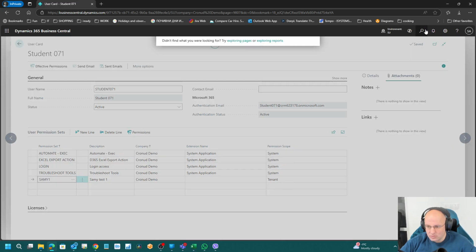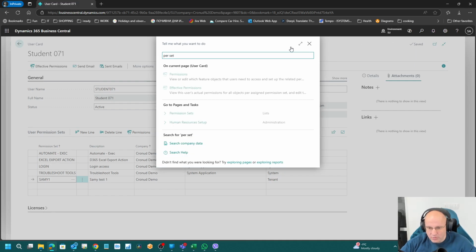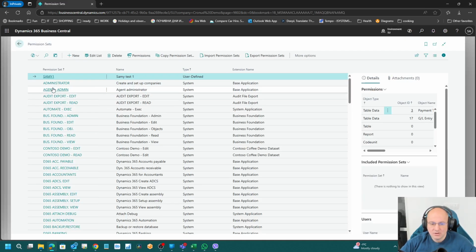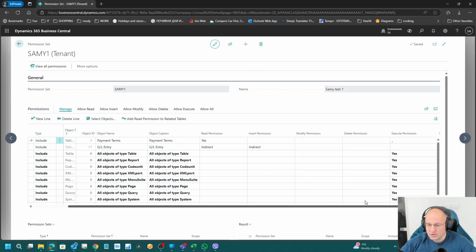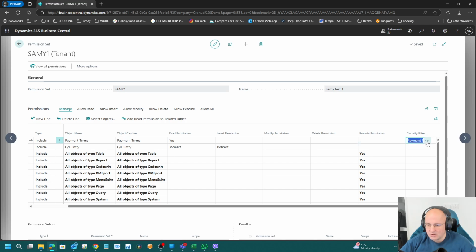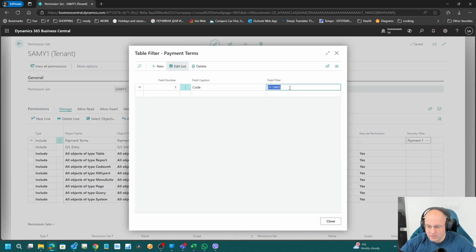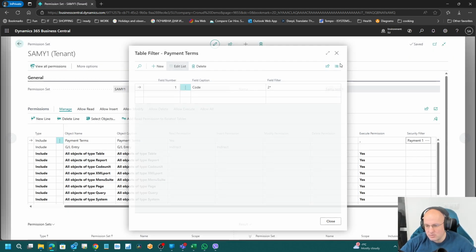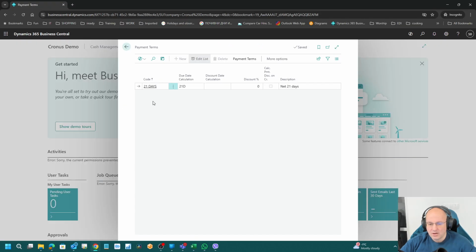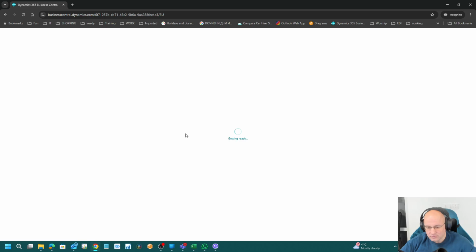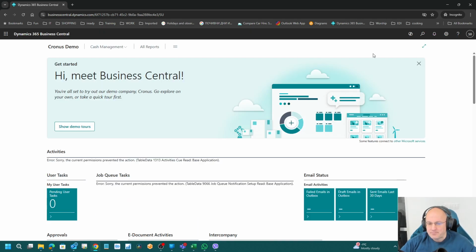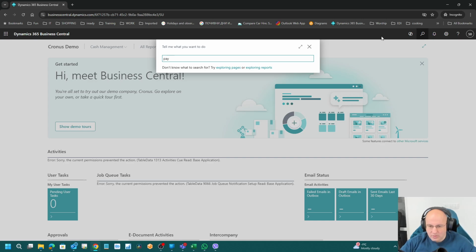So I can go to permission sets and go into my permission set, go into edit mode, and we can say everything that starts with 2. You can do this as well. And if we go here, I don't know if just pressing F5 will work. No, I think I need to refresh. Kind of re-login. If we go to payment terms,